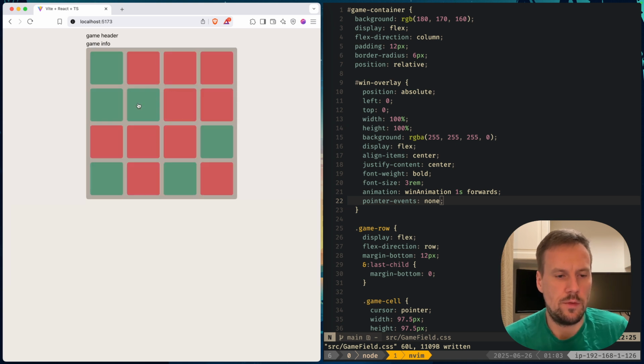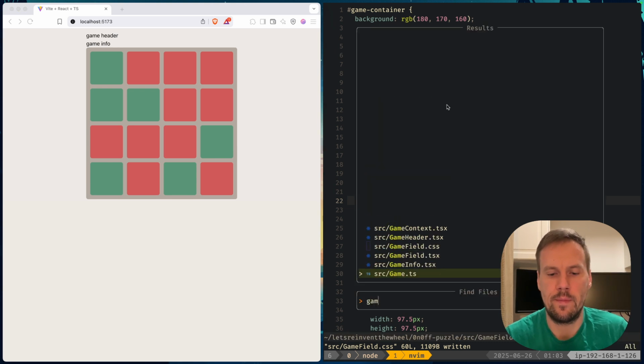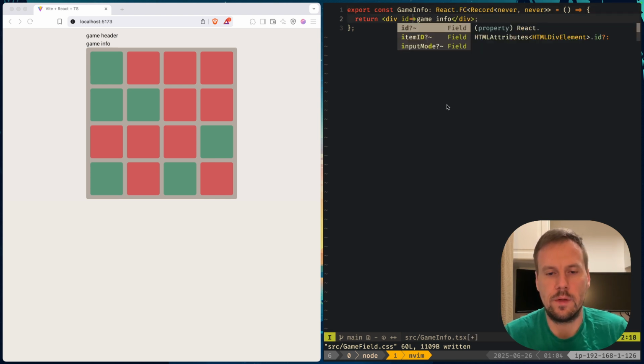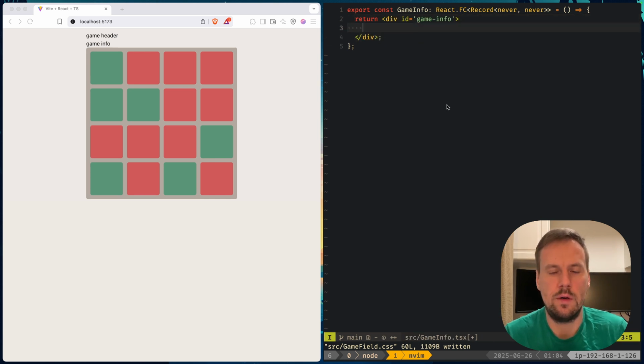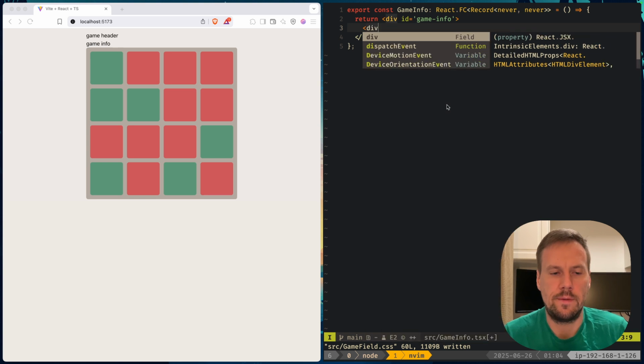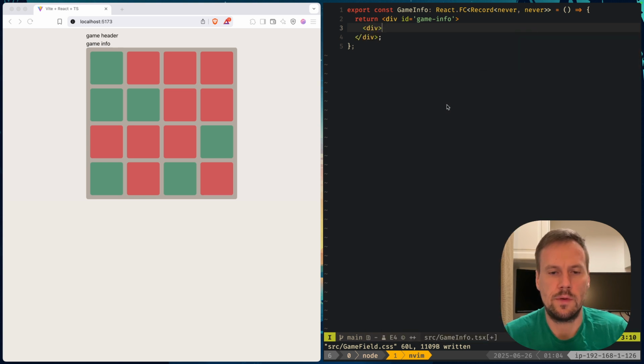So the main game logic is implemented, so we can jump into GameHeader and GameInfo. Let's start with GameInfo component. In GameInfo, this is going to be ID, GameInfo. What are we going to show here? We're going to show pretty much a div with some text, some puzzle rules, so to speak, and there is going to be a button, new game,